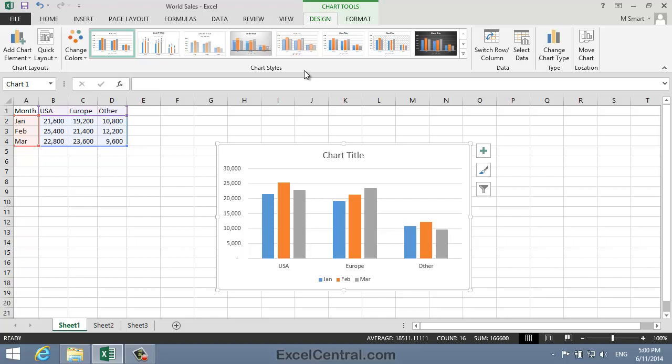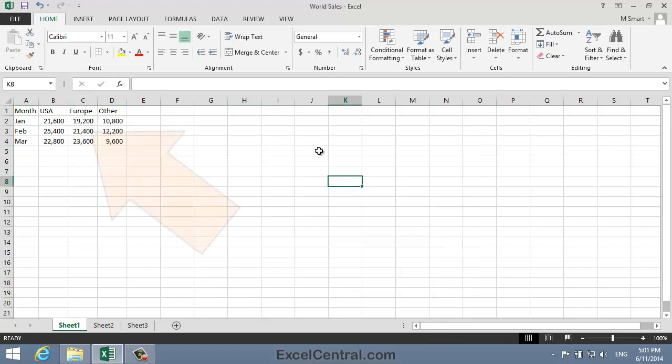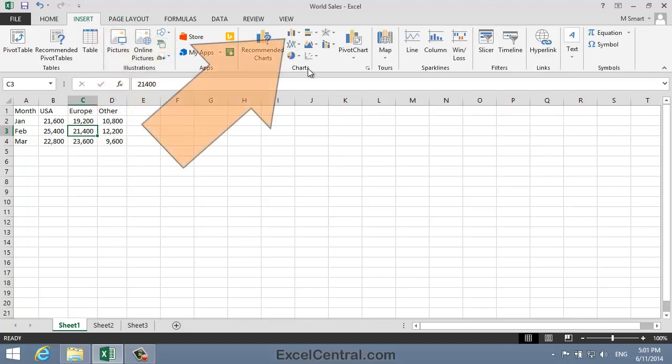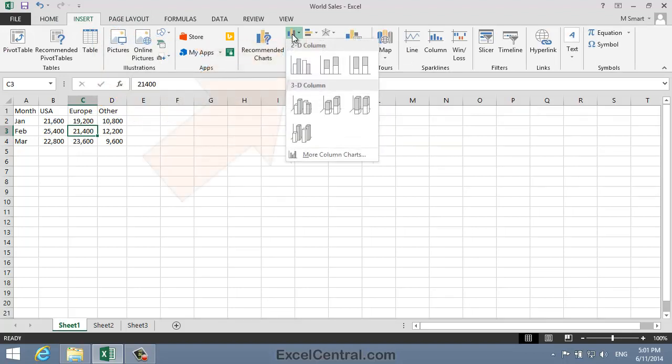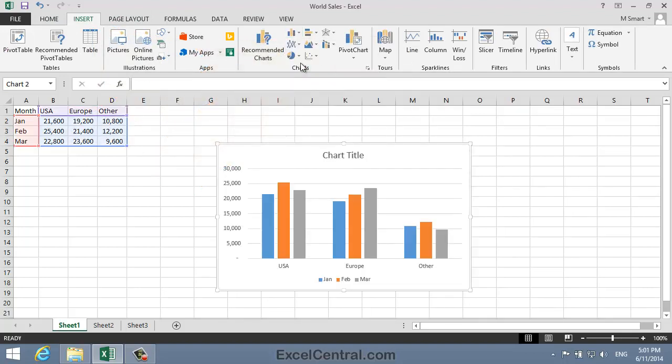Because you've only specified the chart type, Excel has chosen a default layout and a default style for you. You're going to learn how to change these default choices later in this session. I'm going to quickly show you 2 other ways in which you can quickly create a chart like this. I'll delete the chart that I created, and this time I'll simply click anywhere in the range and then do exactly what I did before. That's Insert, Charts Group, the Column Type, and the 2D Column Clustered Column Type.